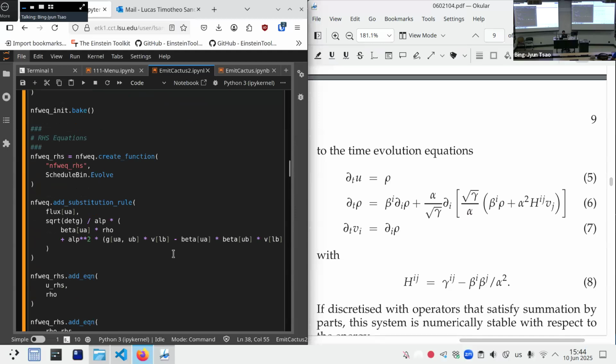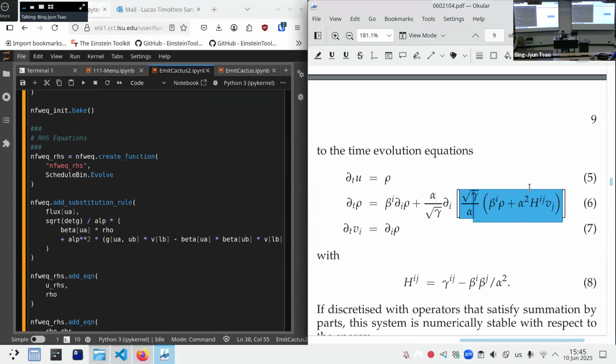So maybe just another piece of information as a hint. The way that I did this in my solution notebook is that I'm calling this whole quantity inside the braces the flux. And if you know anything about flux conservative formulations, you're going to recognize why we're calling this the flux. Jay talked a little bit about this, right? When we have a derivative of something contracted with a vector, we usually call this a flux conservative form of something. And I'm calling this whole bit the flux.